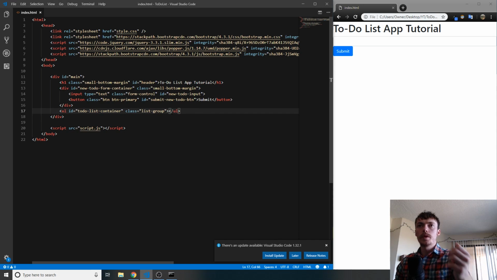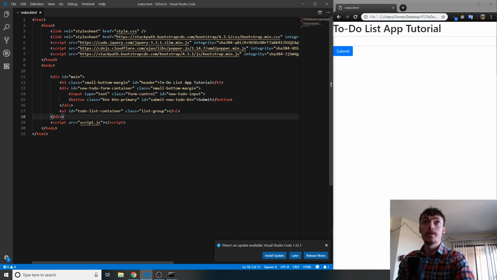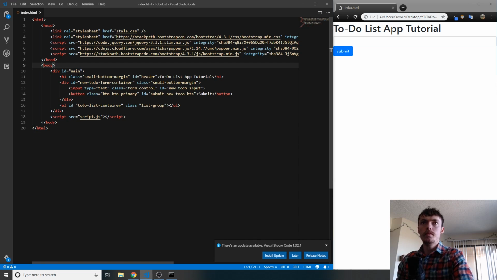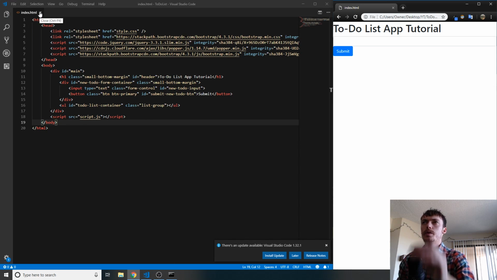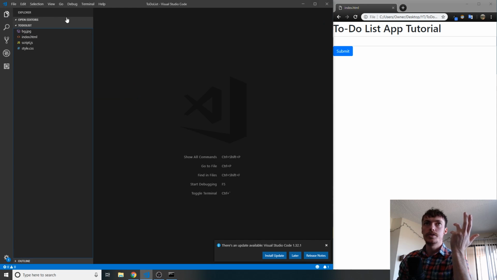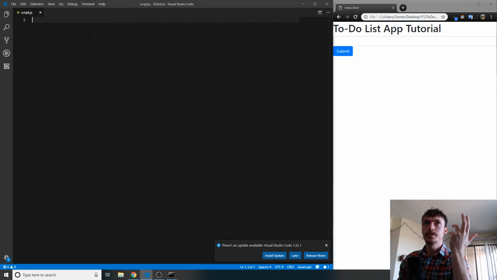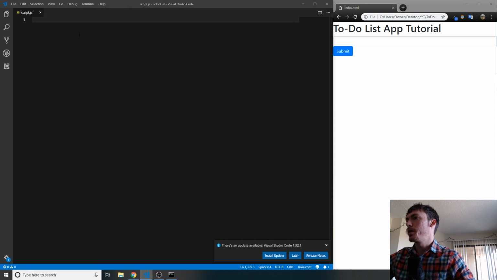But we're going to be injecting list items via JavaScript. So our HTML file is actually done. And I think we're probably going to do CSS last. So let's go ahead and get all of the functionality out of the way. So let's start with a